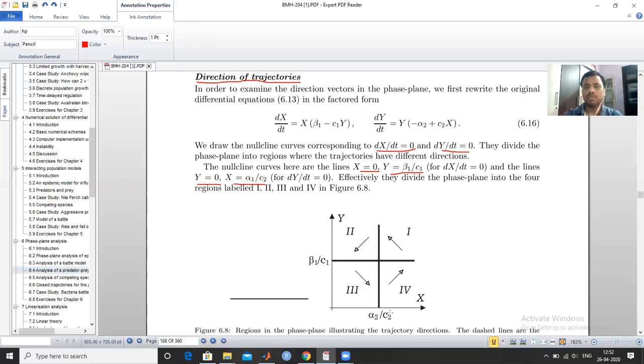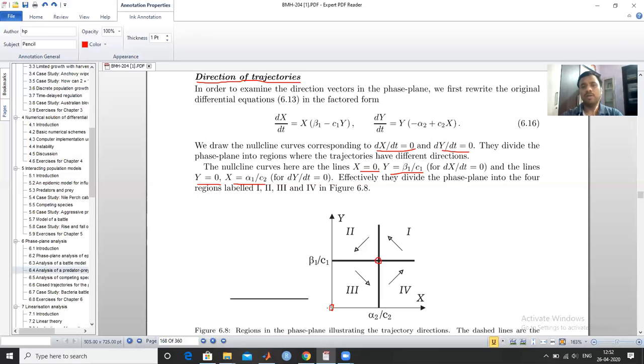So this point is an equilibrium point. You can check because it is given as such, and this point is also an equilibrium. It is not necessary that all intersection points will be equilibrium points. This point is not an equilibrium point, and this point is not either, but there are only two equilibria. So in the SI model we have to check whether that line cuts the S-axis and whether that is an equilibrium point or not. We have to do the calculation. So these two points are the equilibrium points here.